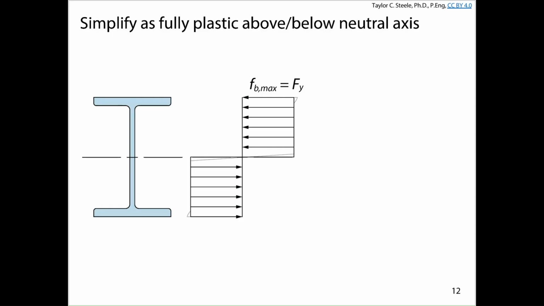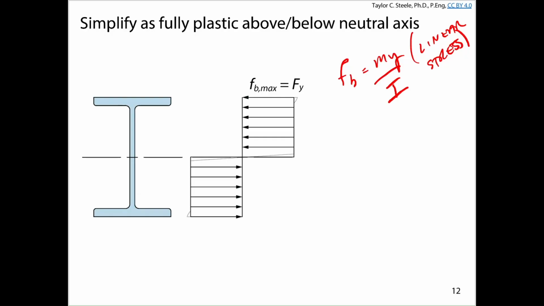And there's no simple equation that we can just use like My over I. That's not valid here anymore. This equation, fb equals My over I, is only valid for linear stress. For a linear stress and strain distribution we can use My over I, but we cannot use that anymore. At the same time, it's still a pretty simple problem because it's a uniform stress. We know how to calculate the force that might be in the flange or in the web